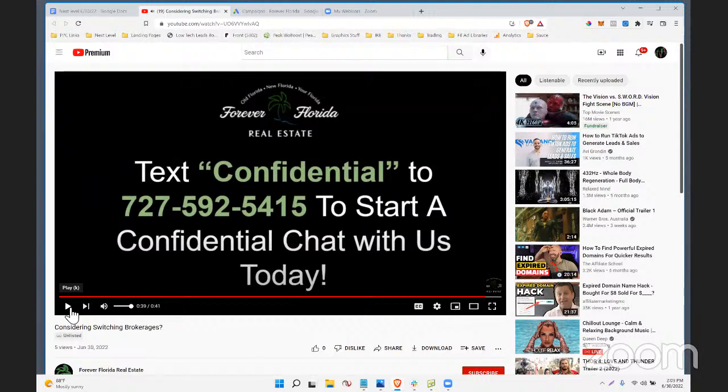So the actual number here, you guys, is a KV Core text response code. Don't text it. I haven't built it yet. As soon as I run this ad, I am going to need to go into KV Core and build out this text response code. You would use KV Core for the call to action. You could also mention a URL in your video. You could say something like go to joinforeverflorida.com, another domain that doesn't exist yet, to drive your traffic. But the idea here is that the ad itself is going to get people to watch this video, so you want them to be able to take some kind of action at the end.